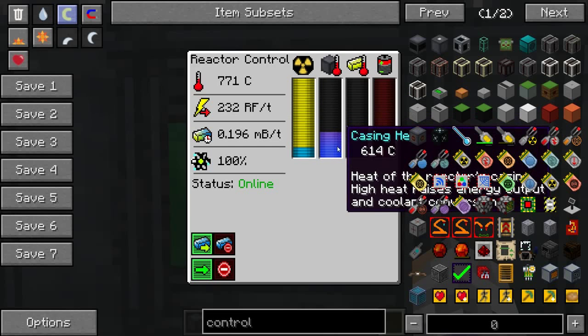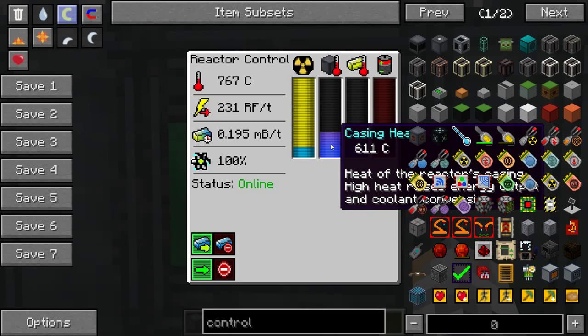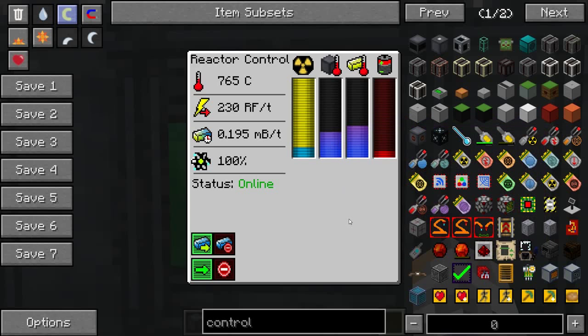And then 2 other things here. You have casing heat and core heat. Basically, you can read the description here. And I wish I could get rid of...